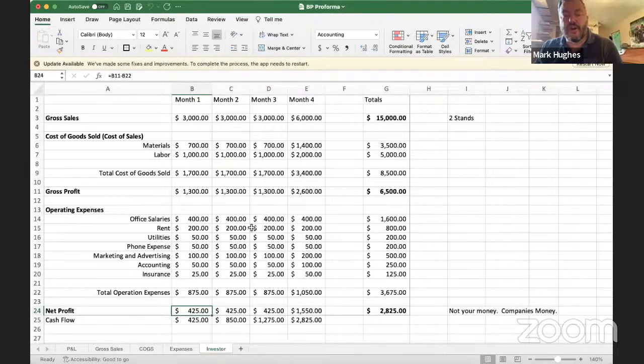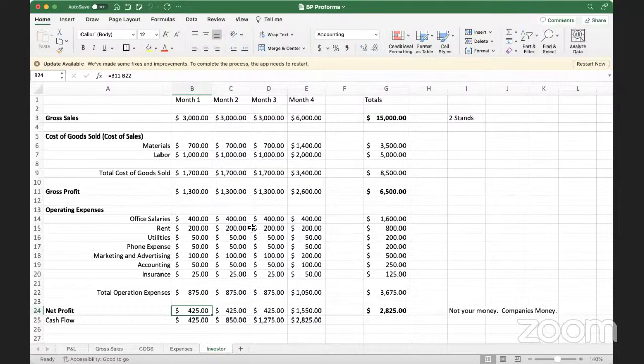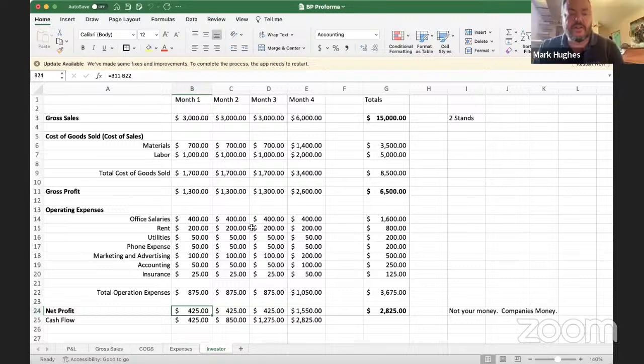But if you don't know what your costs are, if you do not understand what your costs are,